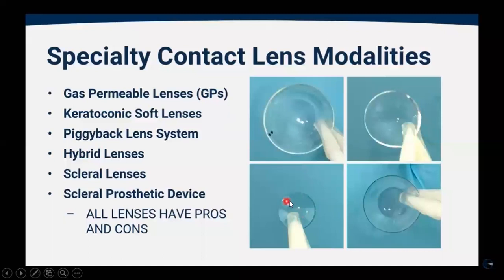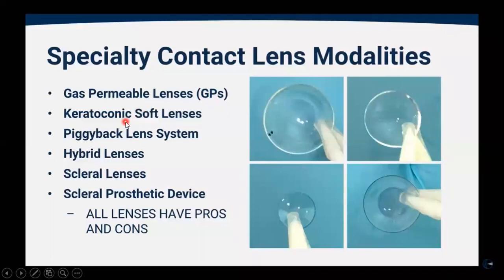So this is how the RGP lens looks. And please remember, Rose-K lenses are also RGP lenses. Rose-K is not a different lens. Even this is a scleral lens. A scleral lens is also an RGP lens. The design is different; its design covers the sclera. And this GP lens, the classical GP that we know, is basically the corneal lens because it fits on the cornea. So it is also called a corneal lens. But the material is the same. Even the scleral lens has the same RGP material.